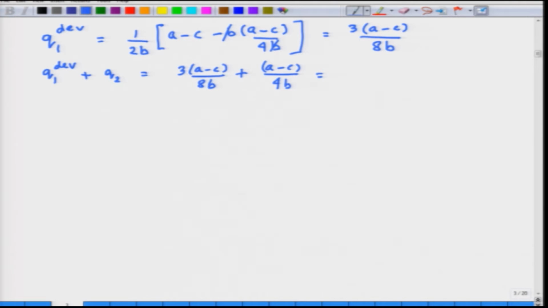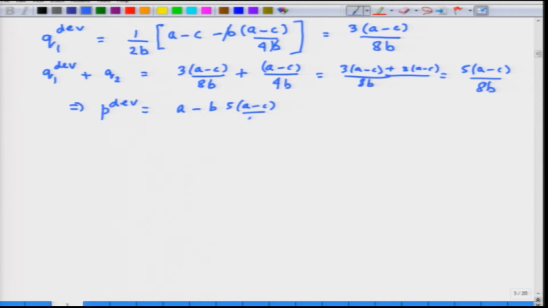This adds up to, so let's ask what this would be. If I have an 8B here, that will be 3 times (A minus C) plus 2 times (A minus C). So, that will be 5 times (A minus C) by 8B. This would be the total output, which means that the deviation price, which is given by the inverse demand curve A minus B times (Q1 plus Q2), which is 5 times (A minus C) by 8B, that turns out to be (3A plus 5C) divided by 8,